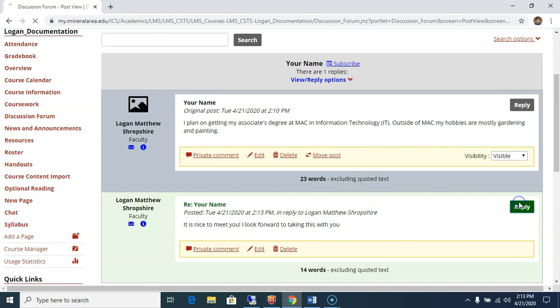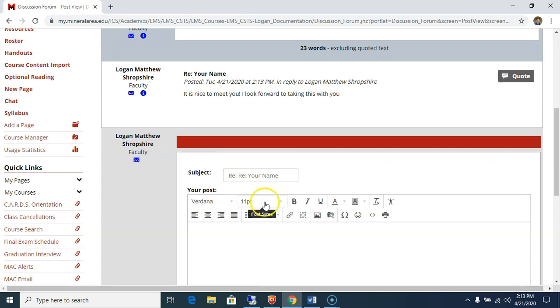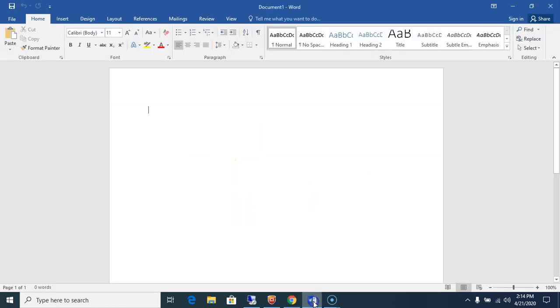But if your instructor prefers you to have a certain word limit, say you have to type in 200 words, then at that point it's recommended to type out your entire post in Microsoft Word or Notepad or some other word processor of your choice, and then to copy and paste the post from your word processor